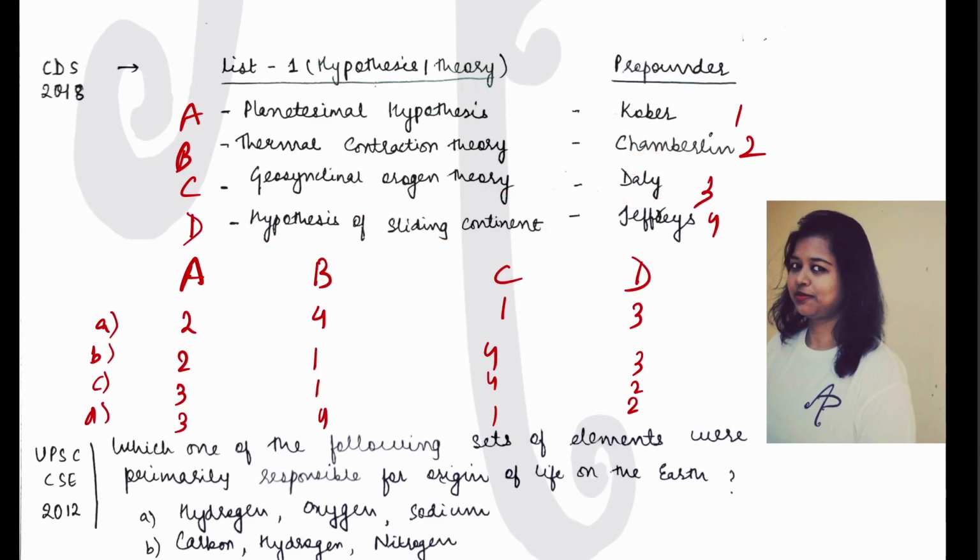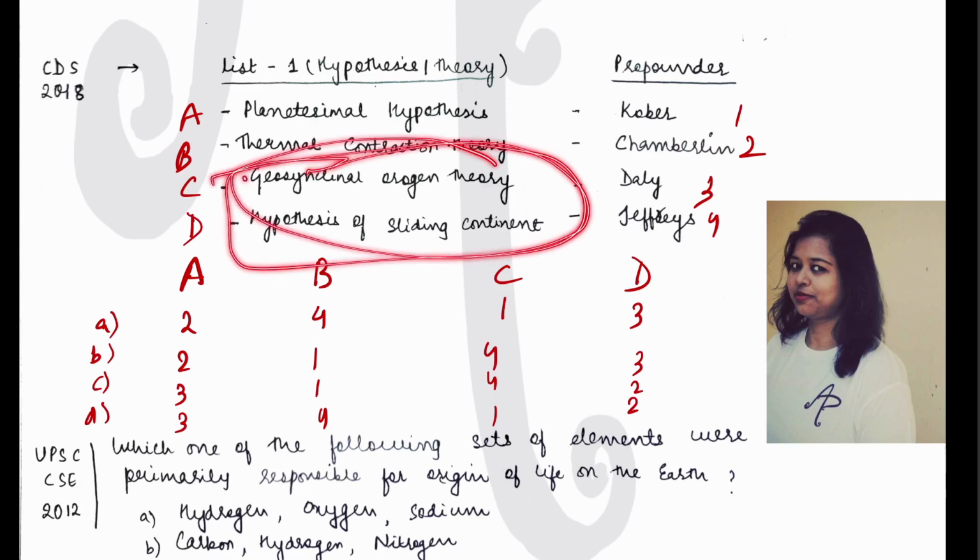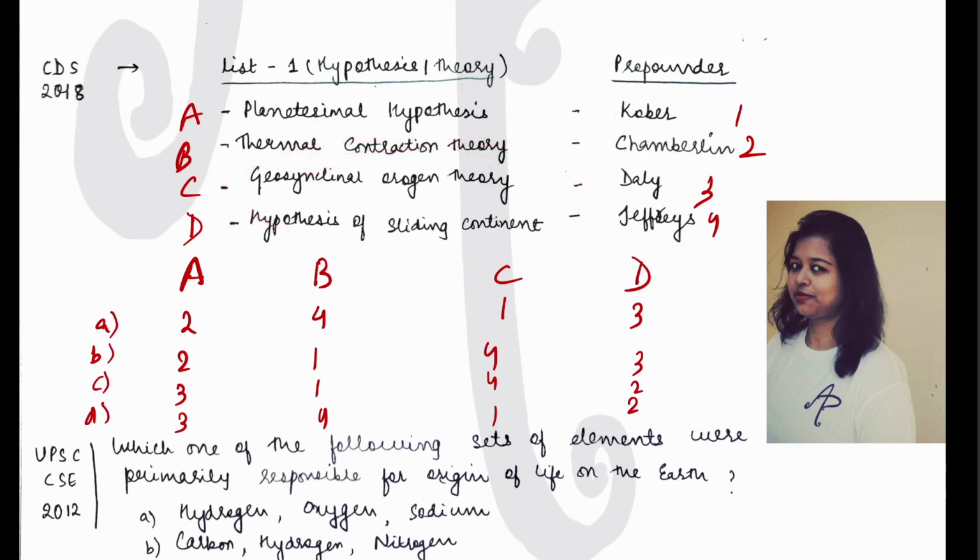Now ये दो तो अब आपका हो गया. Now the point is about B and C. Of course for that you would have needed the information, ठीक है, you should have known about the theory or the propounder, but for the time being we have not done these topics. B and C relate to the origin of mountains, etc. We have not yet done that. We'll talk about the mountains in the geomorphology portion, so you do not need to worry. We have just done this portion, and on the basis of that only you could have reached the half point in this question.